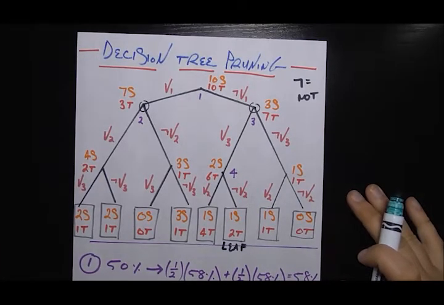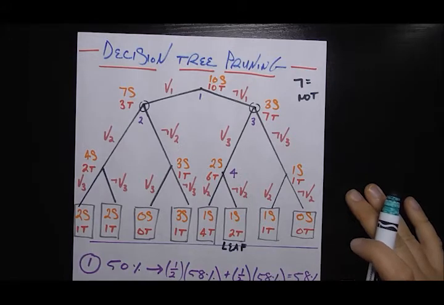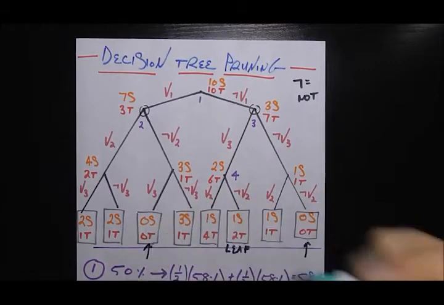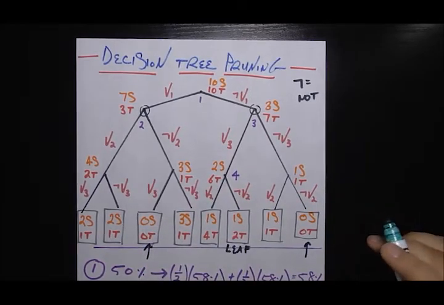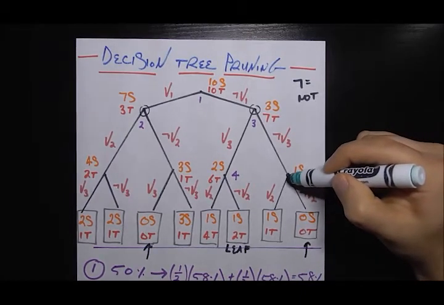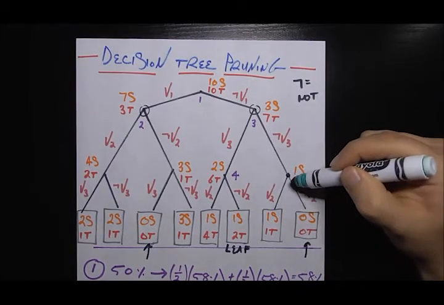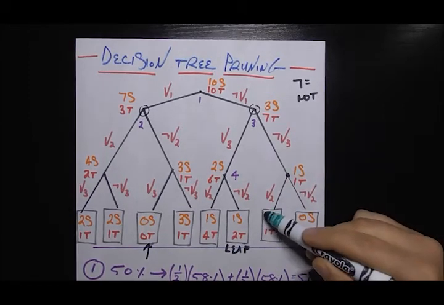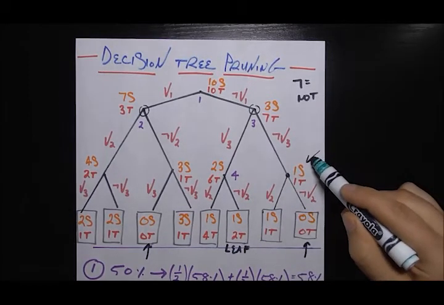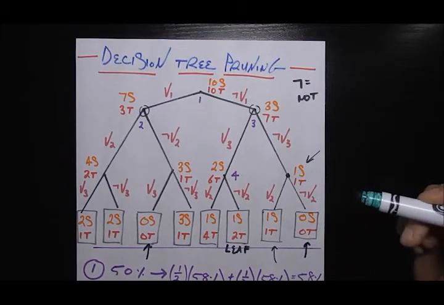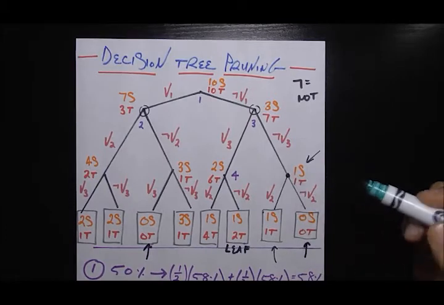Now, there's a couple things about this decision tree that are kind of sketchy. One of the biggest things you probably notice are some leaf nodes, namely this guy and this guy, contain no observations. So what's the point of even branching? Which means that, let's say I'm right here and I'm deciding whether to branch on V2 or not, if I do branch on V2, I'm basically just going to end up in a case where I'm in no different than where I was before. So here I was at 1 salmon, 1 tuna. Here I'm at 1 salmon, 1 tuna. So why did I even branch? So that's something we're going to keep in mind.